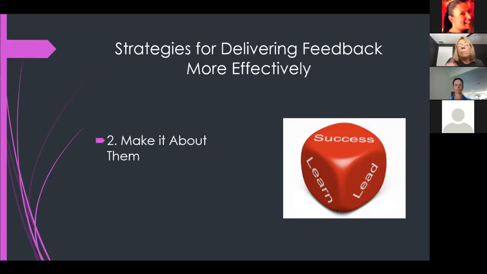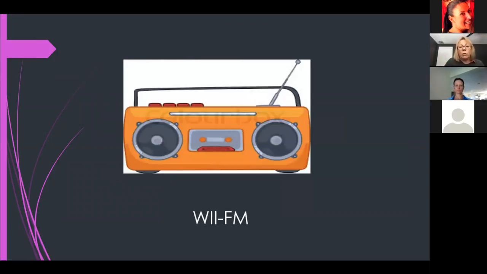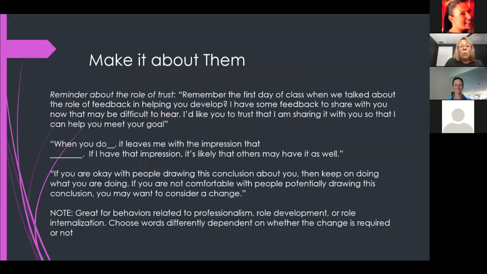And then finally, make it about them. We all know the radio station WIIFM. It's what's in it for me. So making it about them is, again, and I know this is a lot of words, but I wanted to give all the examples that she provided us at the summit. So she talks about